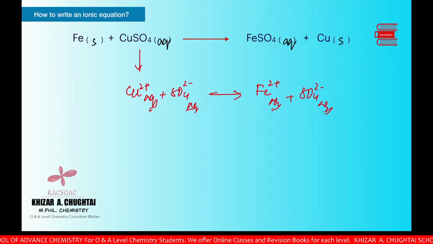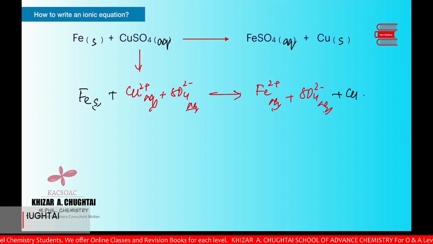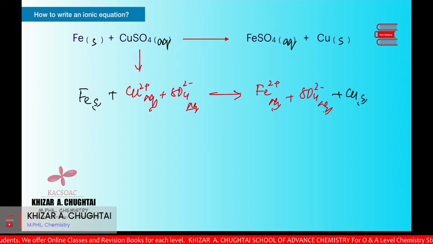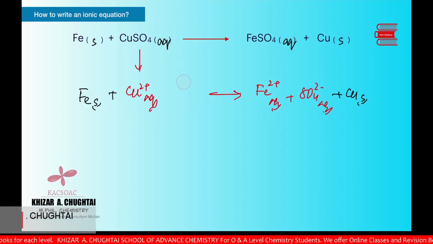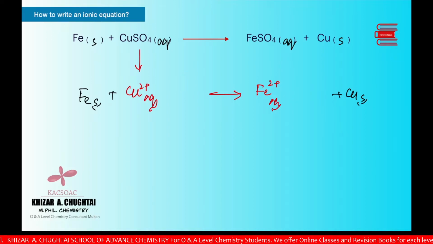The remaining species will remain in solid state. They are not aqueous. Fe is solid, Cu is again in the form of solid. Now let's see which one is the spectator ion, that is the sulfate ion. So I'm removing the sulfate ions, and the rest of the equation will be